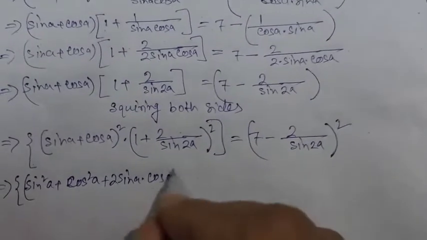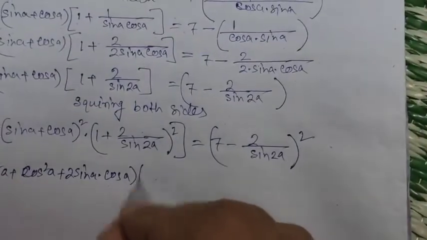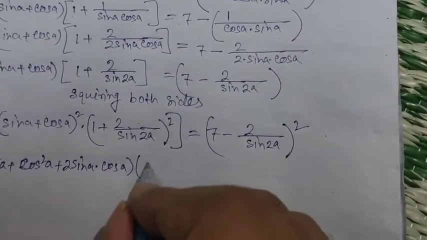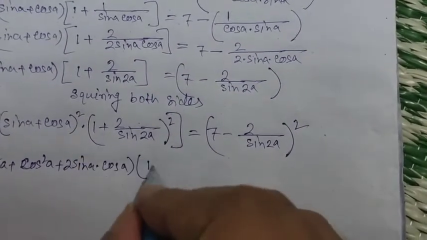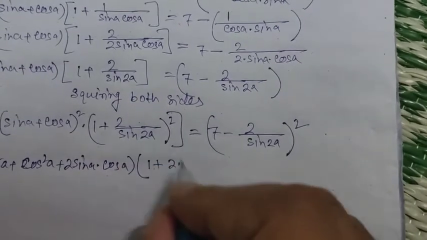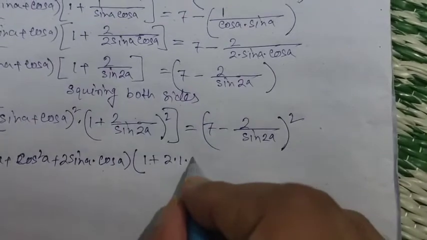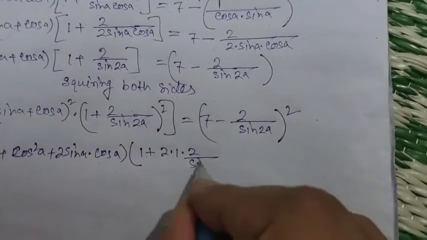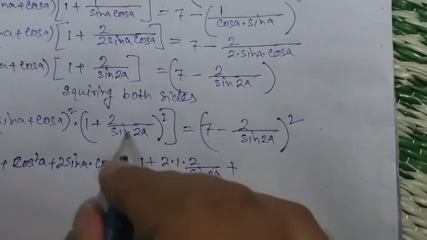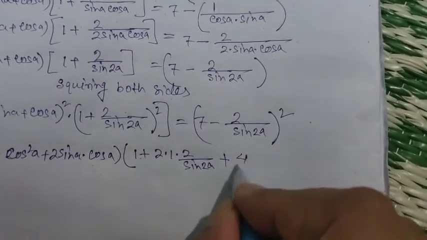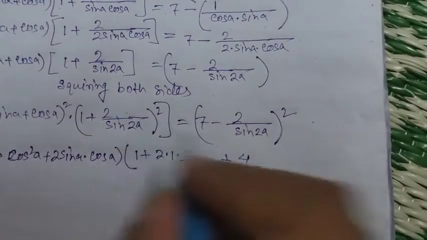Okay, now here we will write 1 plus 2 by sin 2A. So 1 will be 1 square plus 2 into A, that is 1, into B, that is 2 by sin 2A, plus 2 by sin 2A whole square, that is 4 by sin square 2A,